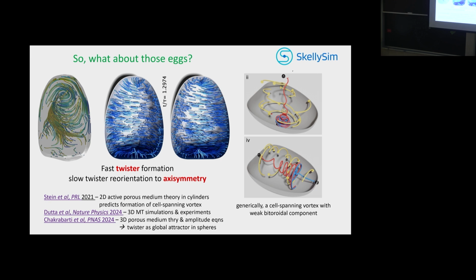Except that when you're in these long cells, it becomes axisymmetric. Is it reasonable to have these rigid boundary conditions? Presumably the flow changes the shape too. Maybe not. So we assume that these